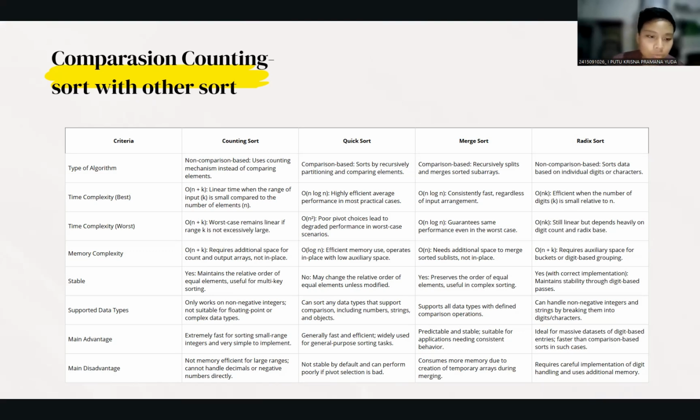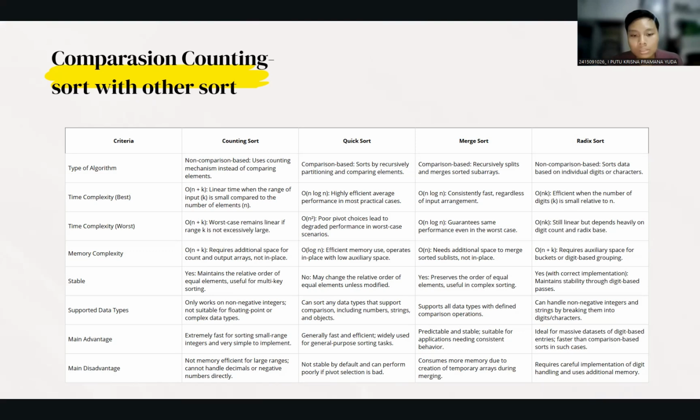We're going to skip to the main advantages and disadvantages because this is very important. For counting sort, the main advantage is that it is extremely fast for sorting a small range and very simple to implement.